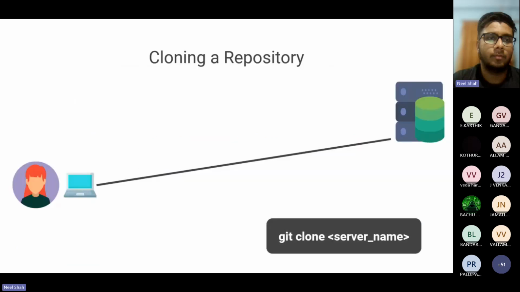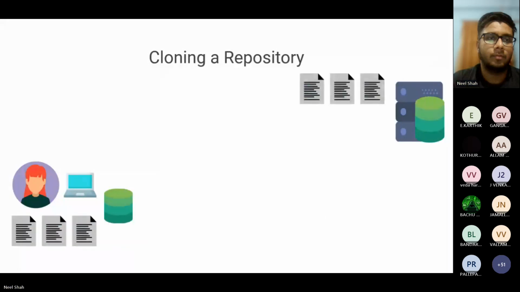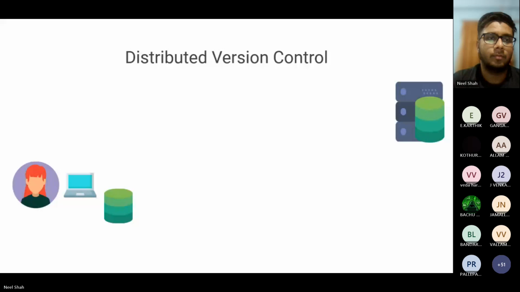These are the basic steps of how we can collaborate with any GitHub repo. First, we need to clone the repo. The repository is on the server. Whenever we need to make changes, we set it up on our local machine. So cloning a repo means cloning the repo which is on the server to our local. Where is the repository? Here, we get that on our local.